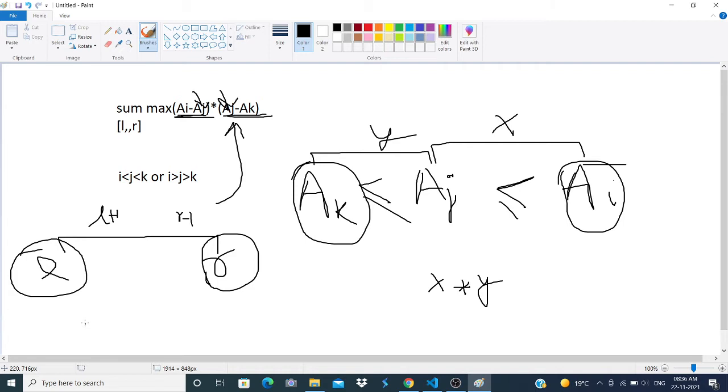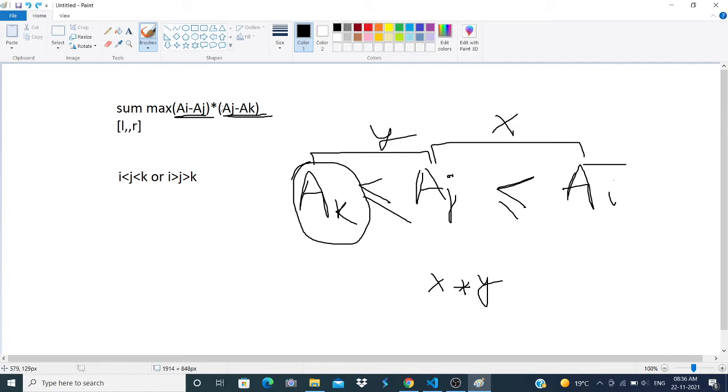So what we can do over here is use the fact that AI and AK are constant. Let's say my AI is X and AK is Y, then we just want to maximize (X minus AJ) into (AJ minus Y).